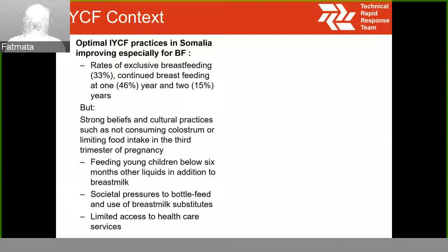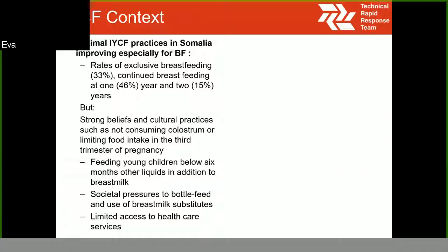Some of the reasons for this are that women perceive bottle feeding as an easier means of feeding their babies, and milk substitutes are readily available in the market, and there are no regulations. The code is not implemented, is not in place, and there are so many other factors. And women think that it's the norm to feed babies using bottles. So this is really a big challenge in Somalia.